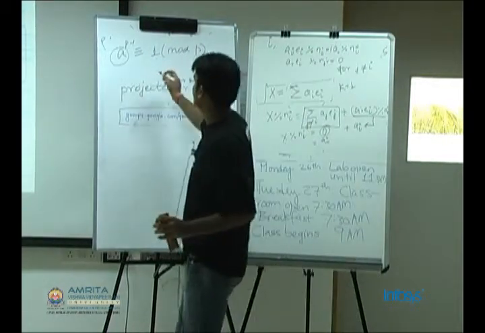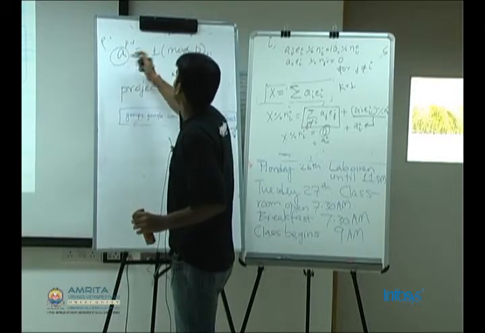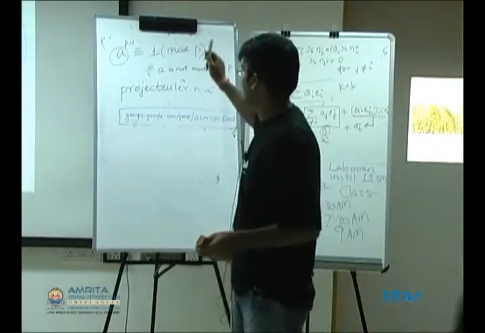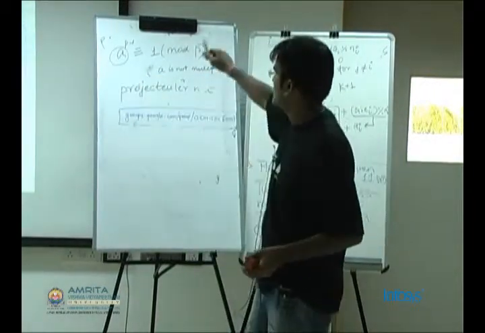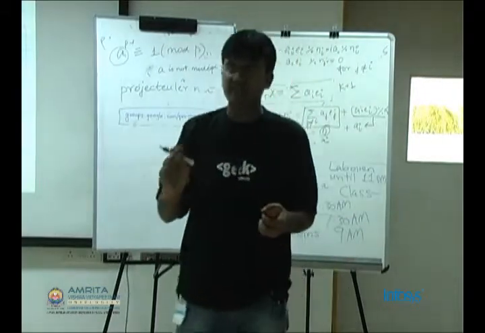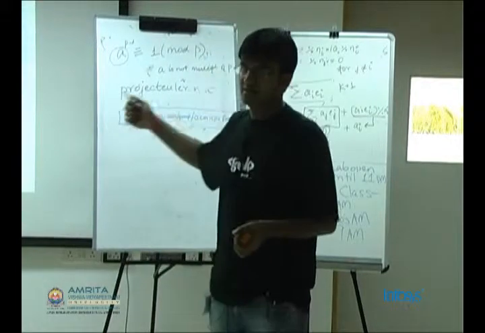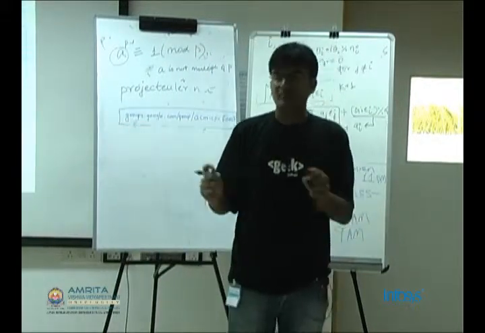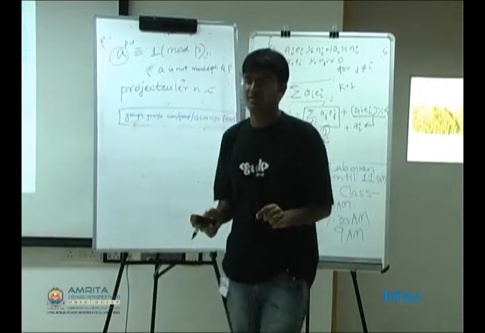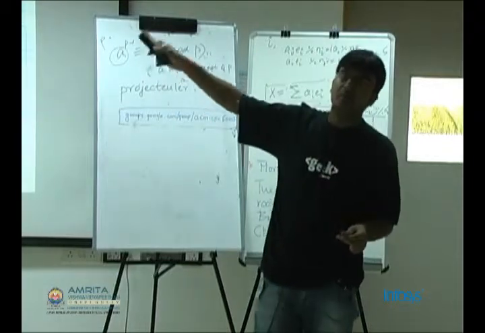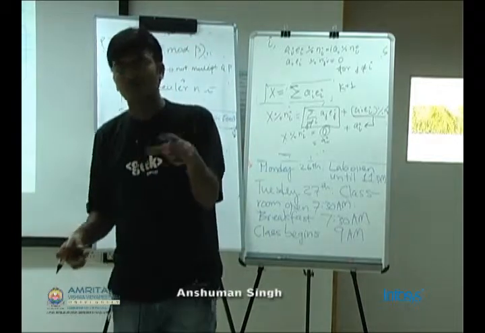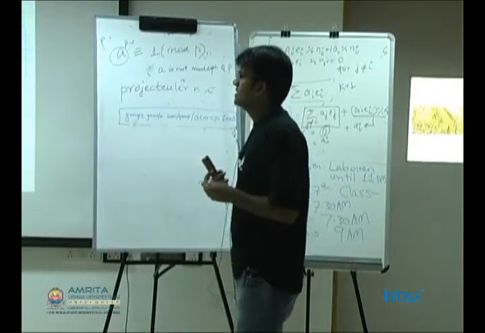You have to, however, keep in mind that a is not a multiple of p. If we find any a such that this equation does not hold, that means our p is certainly not prime. However, if for all the bases a that we have considered, we encountered this relation, then this would mean that the number p is probably prime. We cannot say for sure that the number is prime. That's why these tests are called probabilistic primality tests, and that is why the name of the function is isProbablePrime, not isPrime. Okay.